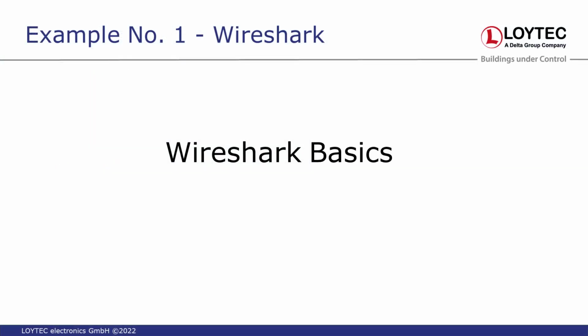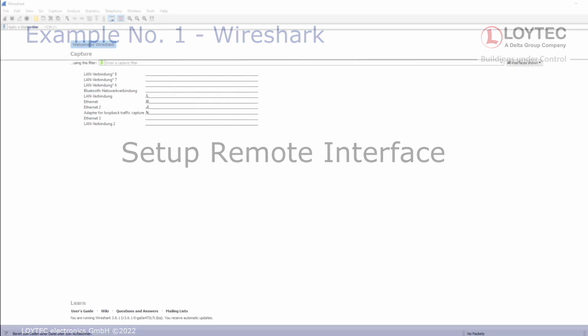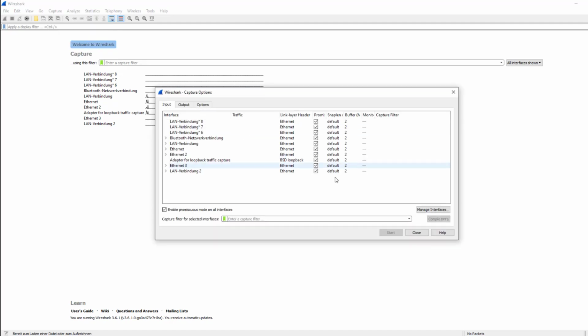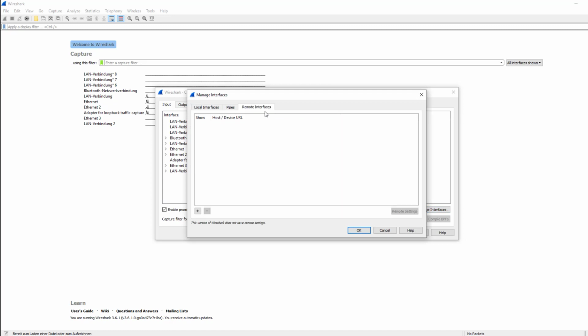Switching to Wireshark, I will now show you some Wireshark basics which are important for a further analysis of the problem. How to set up a remote interface. From here on, the remote packet capture functionality can be configured in the following manner. Navigate to Capture, Options, then Manage Interfaces, Remote Interfaces, click the plus button,